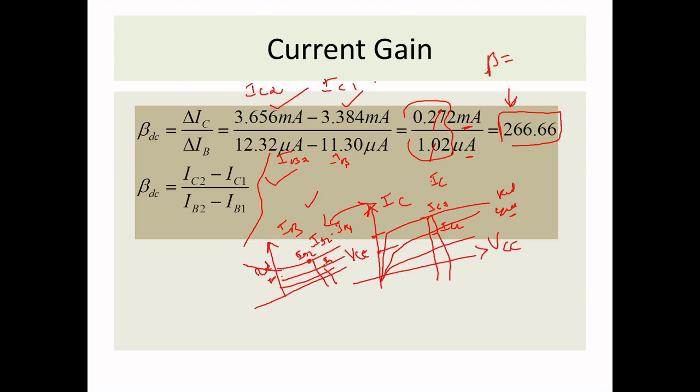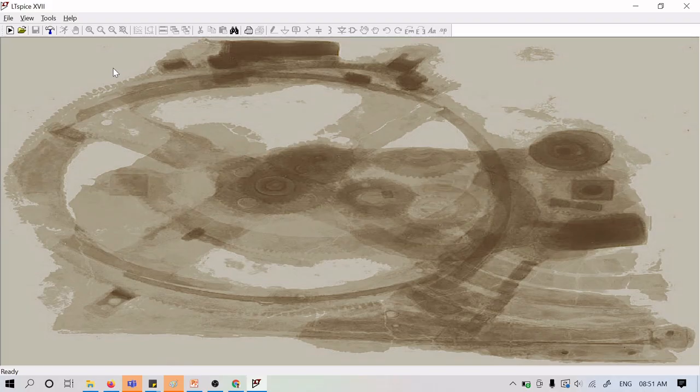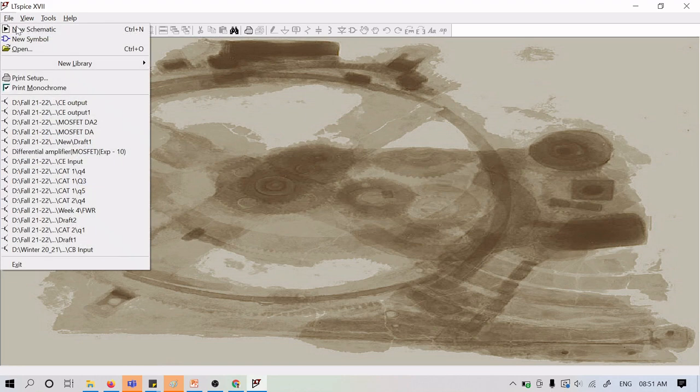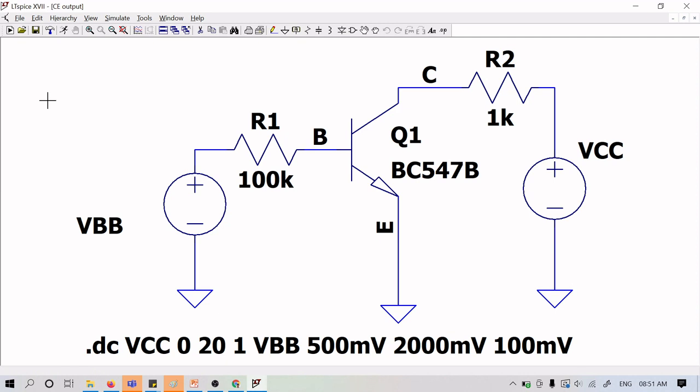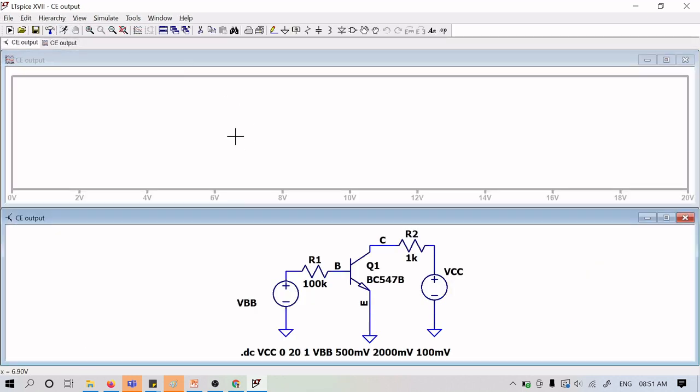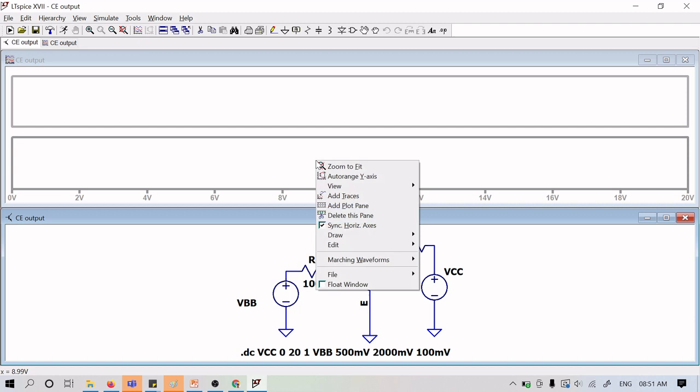Now we'll go to LTspice. Previously we explained in the slide how to calculate. Now I'll show the real demo, so that it will help you understand exactly. So this is the design you have taken, which we have seen in the lab class. I am simulating, and you can see you are getting a blank graph. So I'll take two plots so that I can compare both the outputs.